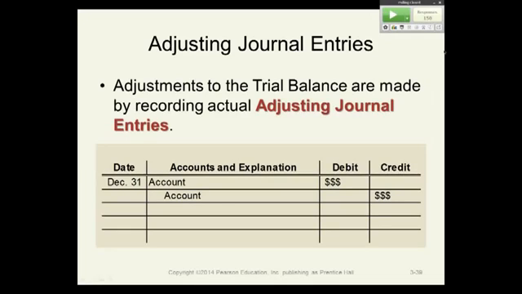But we'll see this in the next slide. You've been using up lots of office supplies all year long. And let's say that at the end of the period, you counted the ending balance, and you take a count, and it only comes up to 100. So that means that you must have used up